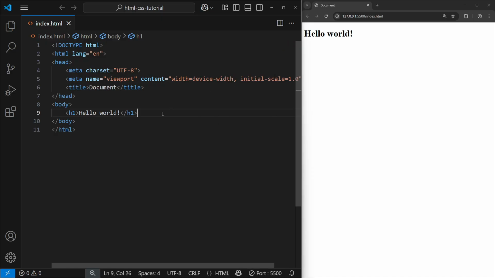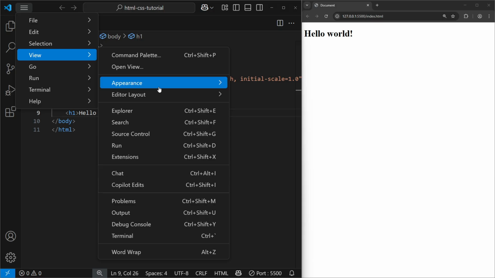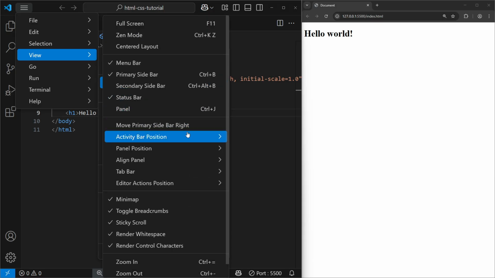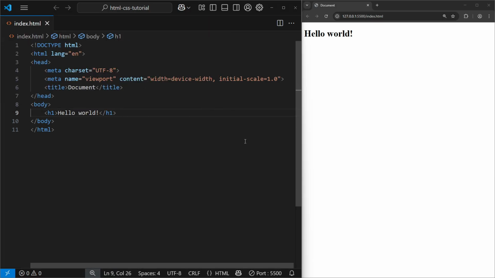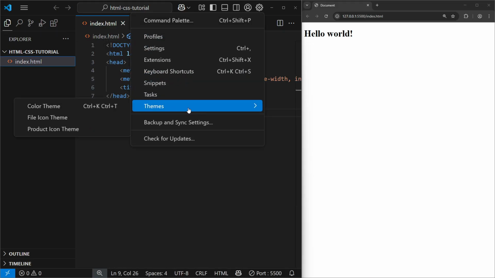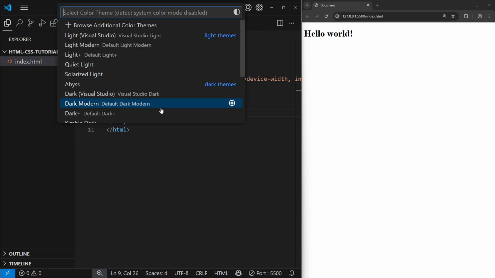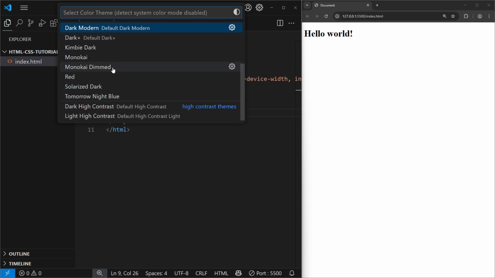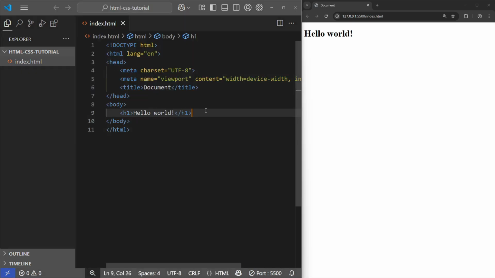To move the activity bar, the icons on the left, to the top, you can go to Menu, View, Appearance, Activity Bar Position, and then choose Top. You can change the color theme by going to Manage, Themes, and Color Theme. I will try Monokai, or you can choose any theme you like.